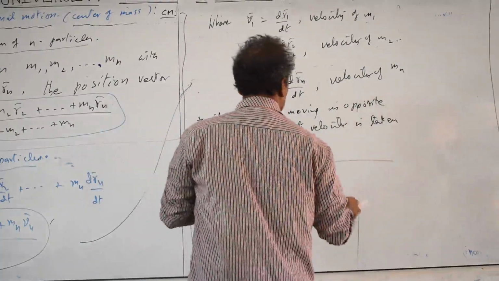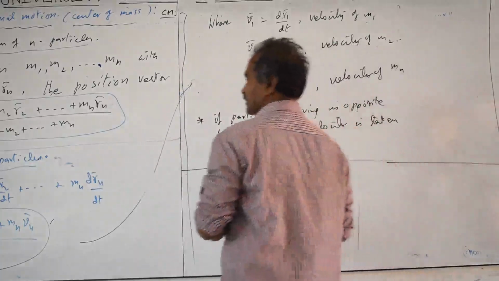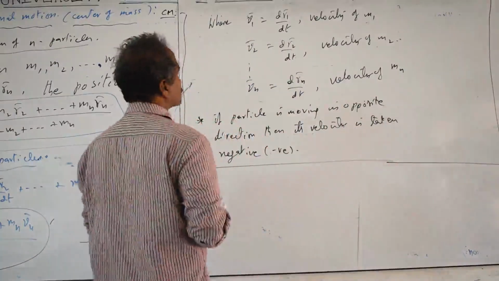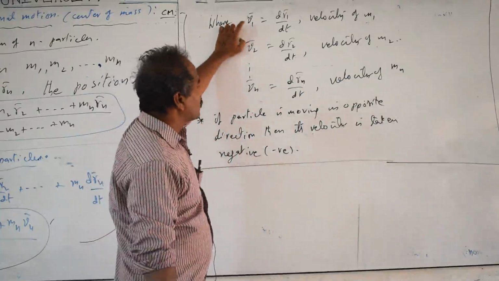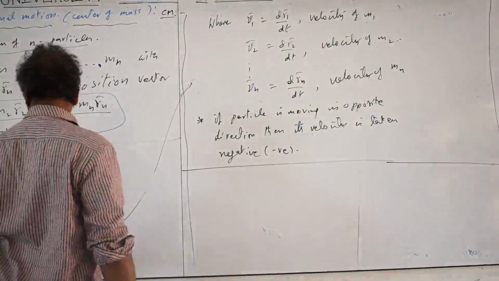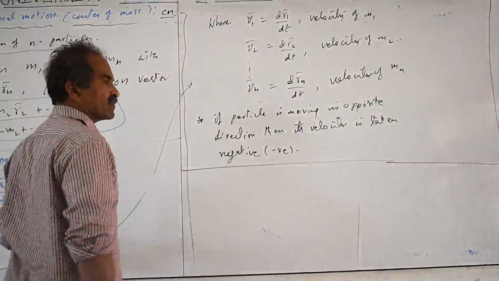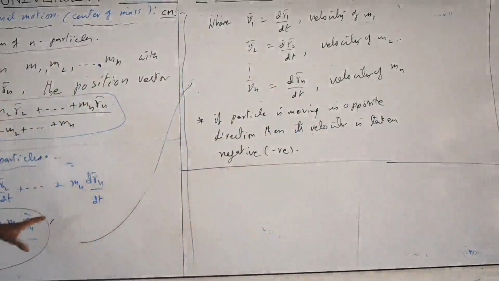Next we take acceleration of center of mass. Differentiation of velocity is nothing but acceleration. dv by dt becomes a1. And one more thing is the momentum, which we can also take from this relation of velocity of center of mass. What do we take in the denominator? m1 plus m2 plus m3, the total mass, which can be taken as capital M only.